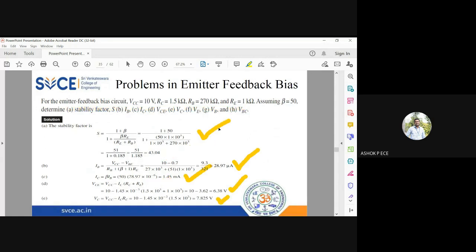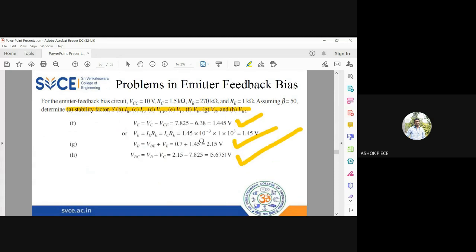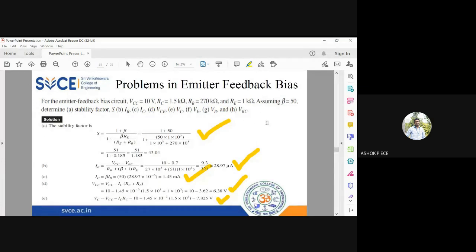See, this is simply applying the formula, so I don't want to explain this problem as such because it is very, very simple. Okay, so we'll just switch over to the